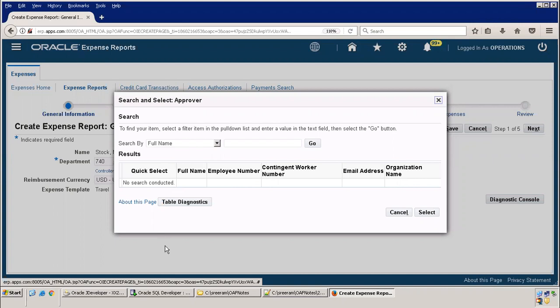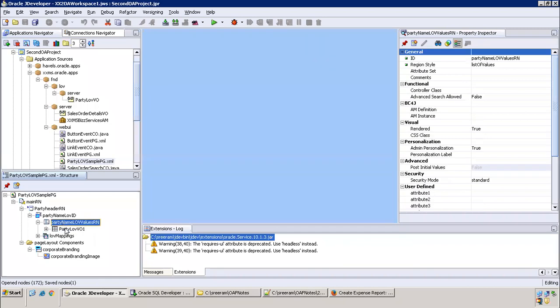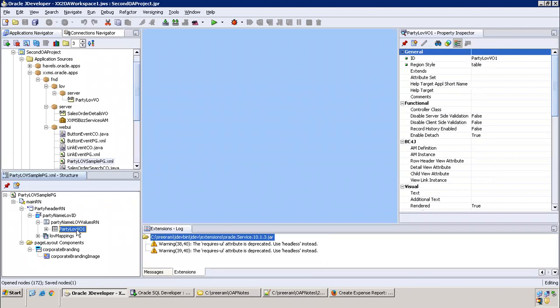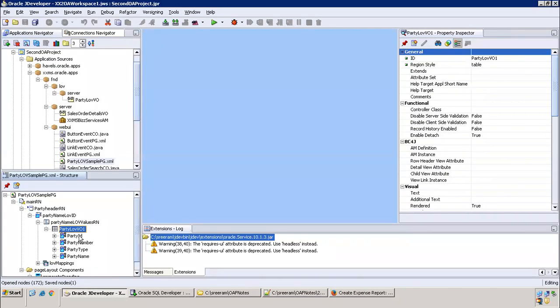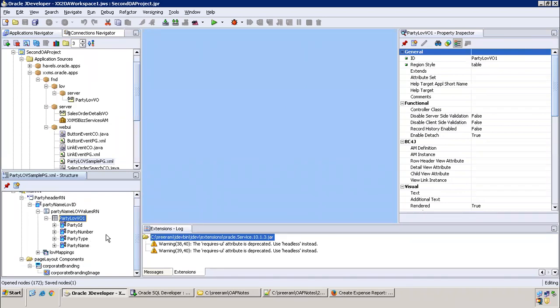So the region using wizard option, which we have done now, is this table region. This table region is nothing but this particular table region, party name LOV values. Under this one, you have this table region where we'll be displaying these 4 columns. This is how it will get represented. When you click on the search icon, it will open a pop-up, and the top level is the search one, and the next one is the results region. So in the results region, whatever table region we created will get displayed.